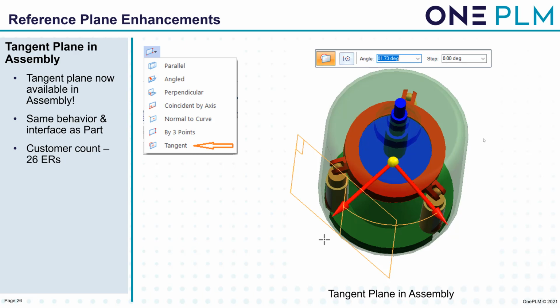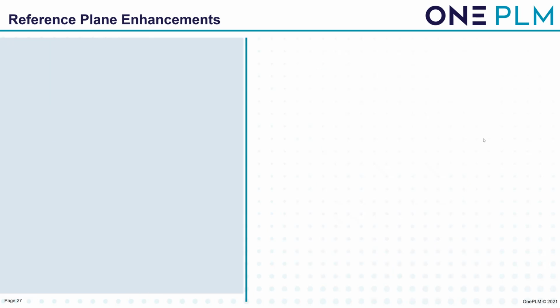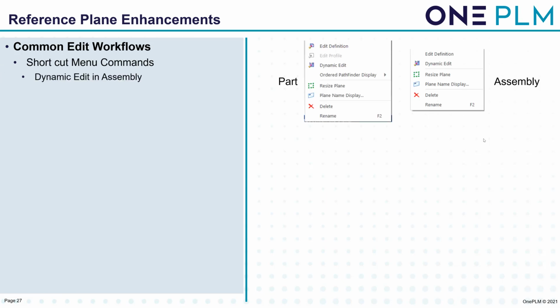So reference plane enhancements. So there've been some nice enhancements. So the first one is tangent plane in assembly. So we've got the same behavior and interface as part. When we're doing that, all the others weren't actually the same as part, they're all slightly different. So now we've actually gone and changed those to a common edit workflow for the reference planes. So we've got similar